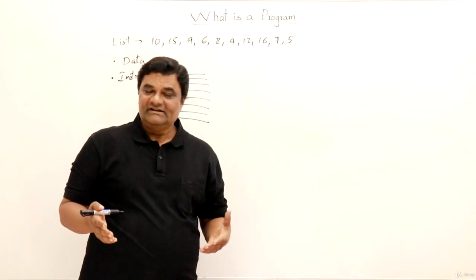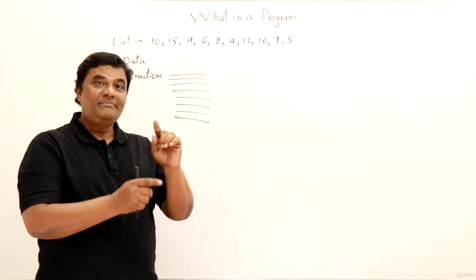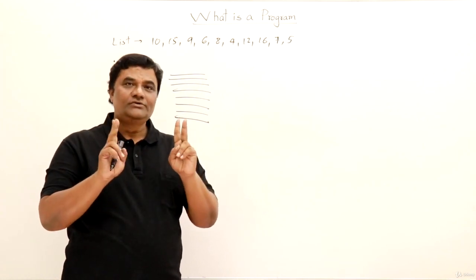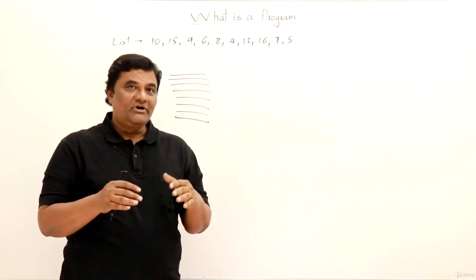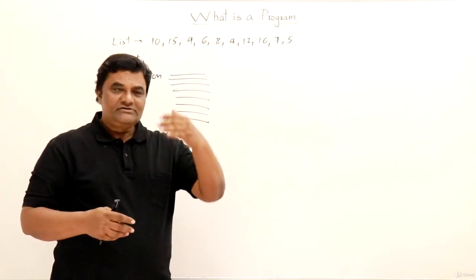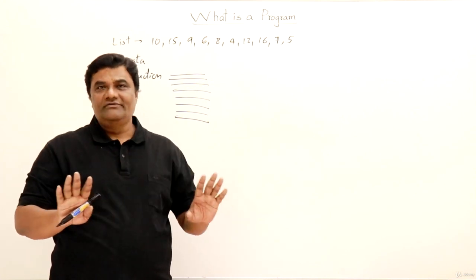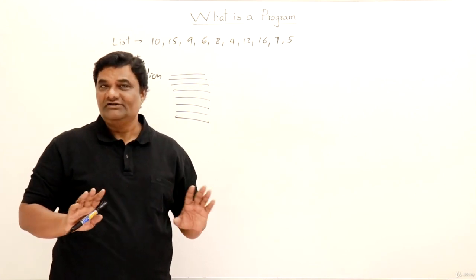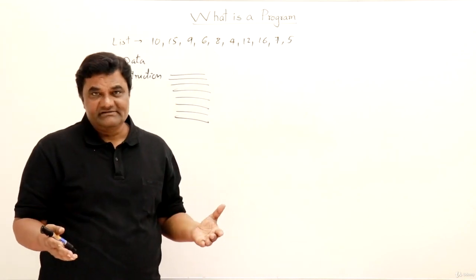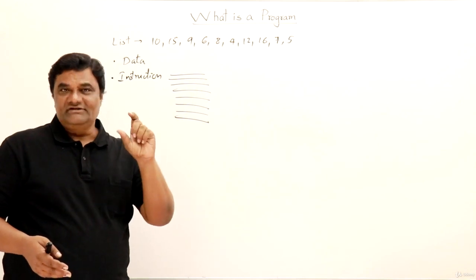So a program is nothing but a collection of data and the set of operations or instructions on that data. So we have to focus on only two things in our programs: what is the data you have and what you want to do with that data. What are the steps? What is the procedure? Without data, there is no need of instructions. Instructions are useless. And if you have just data, no instructions, then you don't know the results, right? So these are the two important parts of a program. We have to focus on this.